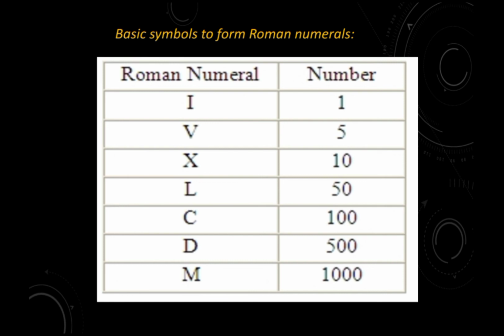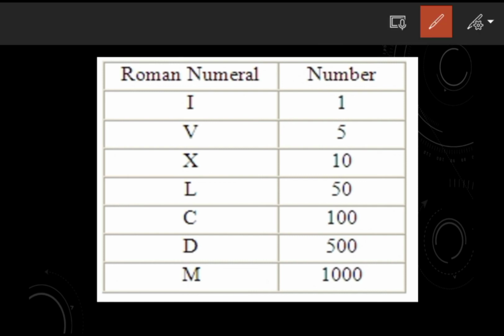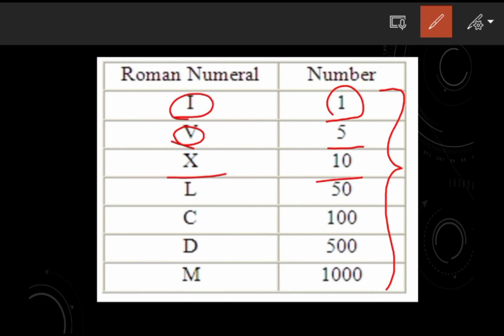See students, you should learn this. You have to practice this well in your classwork. Today you have to write this table in your classwork along with the key points. I'll give that picture for you. You have to copy that in your classwork. And here you should remember which symbol has which value. So I is equal to 1. V is equal to 5, X is equal to 10. All this you should remember. Okay? This is your task today.